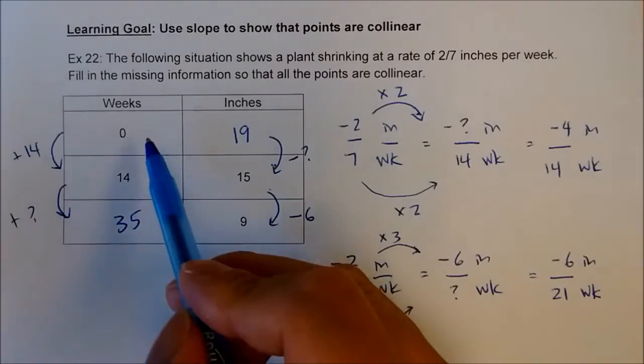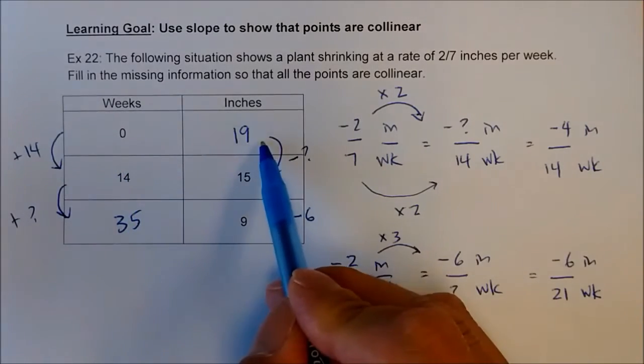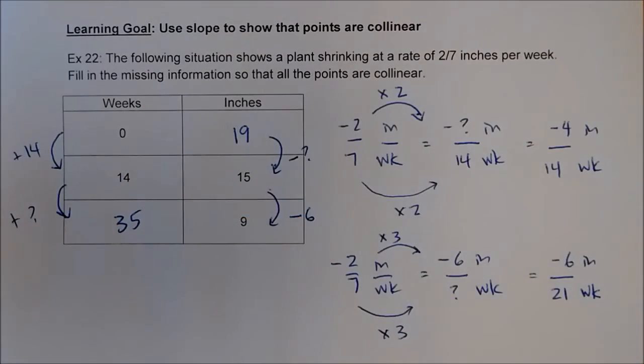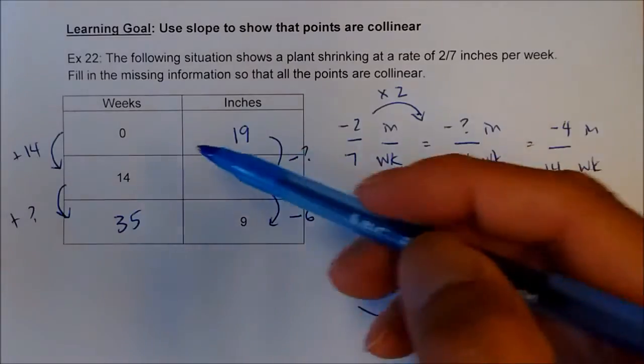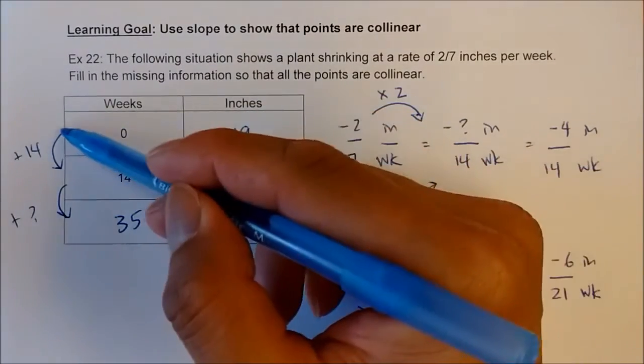So here are my answers. I have for 0 weeks 19 inches, so the plant started off at that height, and at 35 weeks it reached a height of 9 inches. And just a quick summary of what I did, I noticed that from 0 to 14 that was an increase